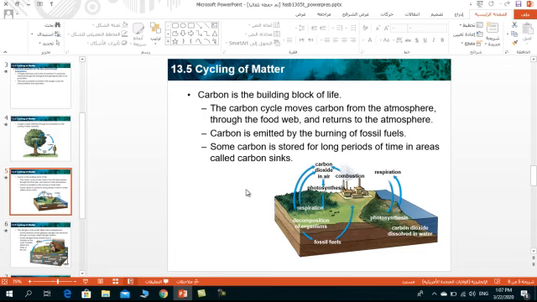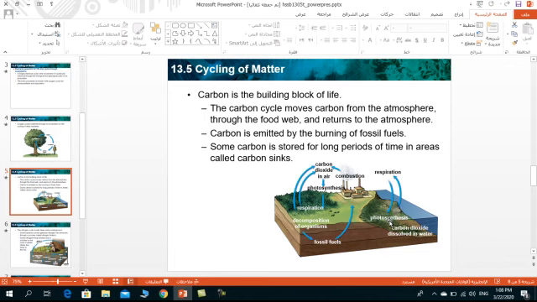Bicarbonate dissolved in water is the liquid state. Fossil fuels are underground deposits of oil, natural gas and coal. Carbon rocks, such as limestone, are the solid state, of course. Dead organic matter, such as humus in the soil. As I told you before in the oxygen cycle, during the photosynthesis process the plants use the carbon dioxide found in the air, and then they convert it into carbohydrates, using the sun's energy, and release oxygen.